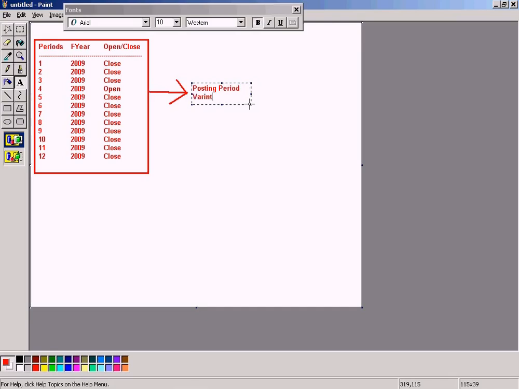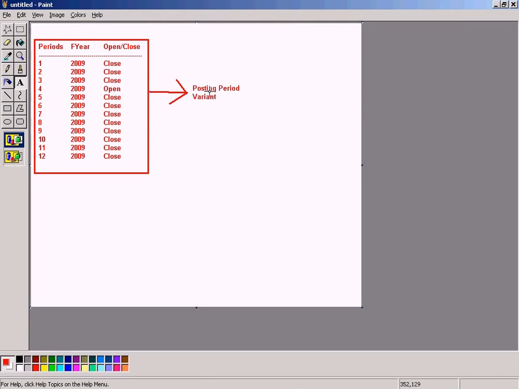Posting period variant means just a code or key, a code or key to identify different tables that can exist in a system.